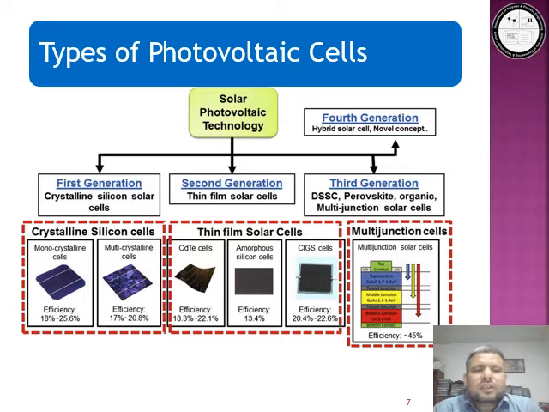The types of photovoltaic cells, basically solar cells, are generally classified into four generations, depending on the time and category of materials which are used for their fabrication. The most common solar cells available in the market are the first generation solar cells, which comprise single and multicrystalline silicon. Second generation solar cells were introduced as a response to high material usage and cost of silicon solar cells. To reduce the material usage, the maximum film thickness for this generation was brought down to a few nanometers to tens of